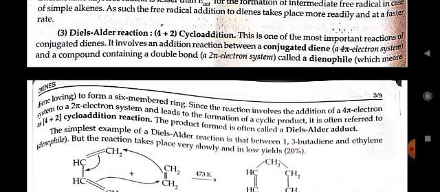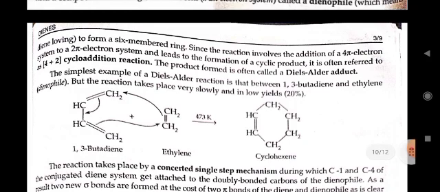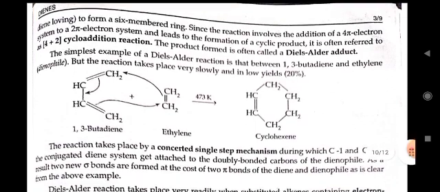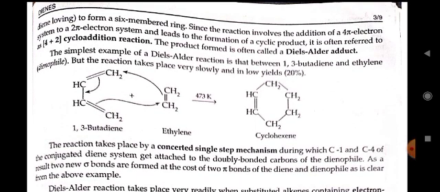Diels-Alder reaction, 4 plus 2 cycloaddition. This is one of the most important reactions of conjugated dienes. It involves an addition reaction between a conjugated diene and a compound containing a double bond called a dienophile, which means diene loving, to form a six-membered ring. Since the reaction involves the addition of a 4 pi electron system to a 2 pi electron system and leads to the formation of a cyclic product, it is often referred to as a 4 plus 2 cycloaddition reaction. The product formed is often called the